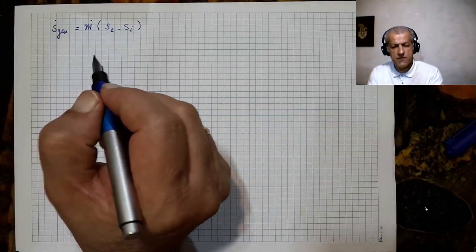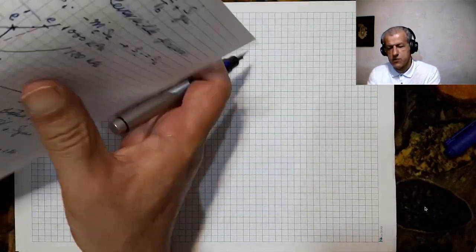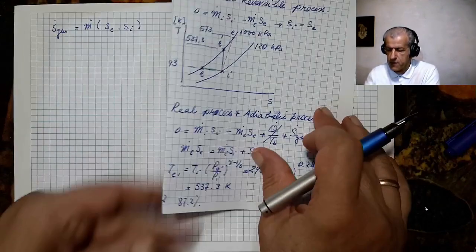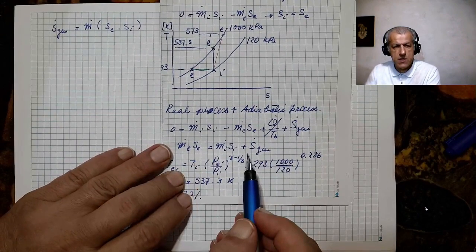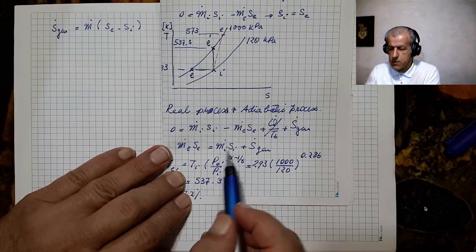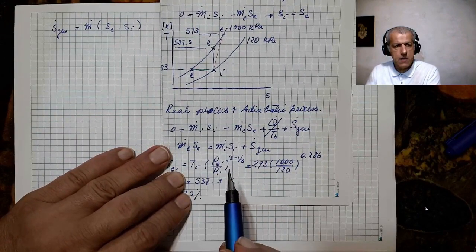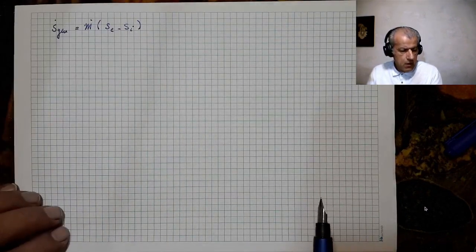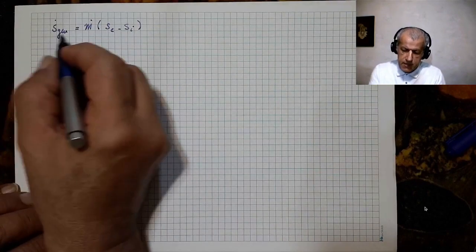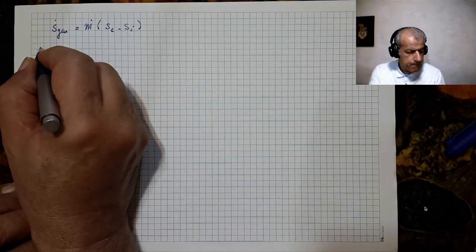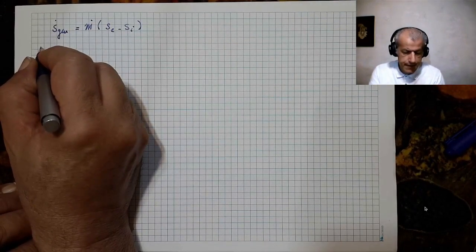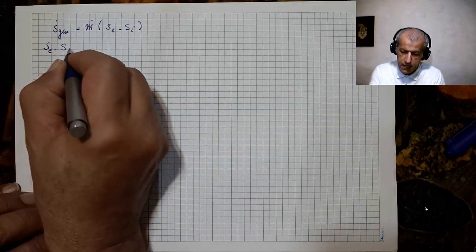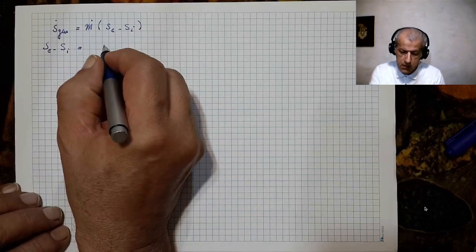You see, all I've done is to use this equation and put Si to the other side. So Se minus Si equals m dot, which is